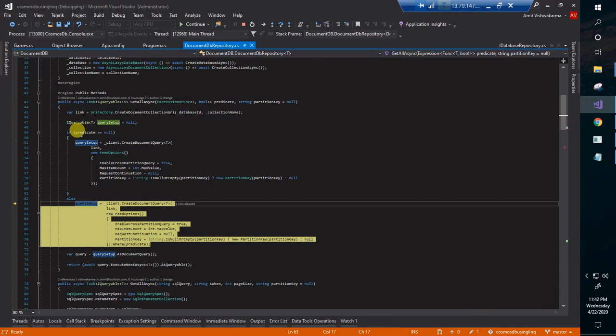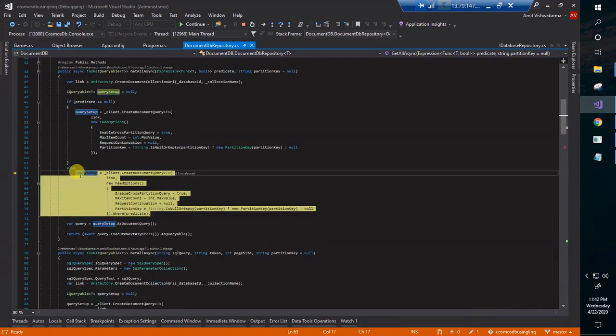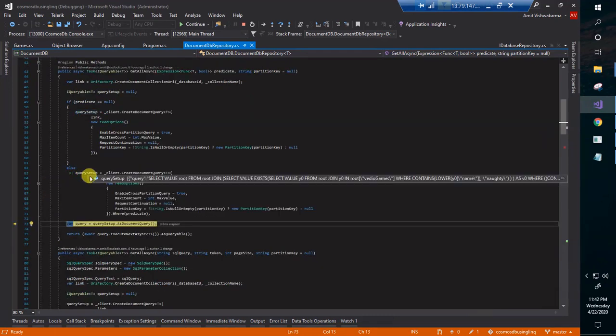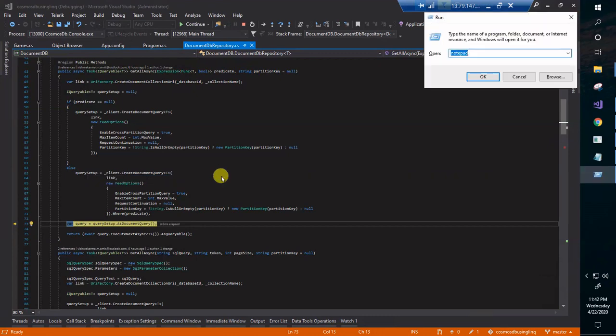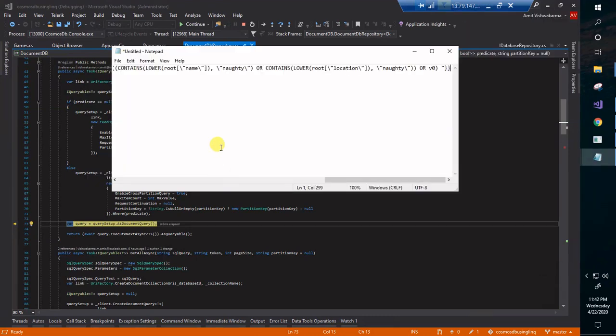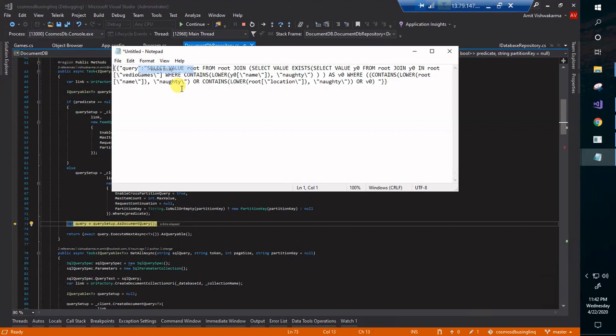So this is how I have constructed a query, and if I hit this, now I have a query, it would go in this particular loop. And if you see, actually, it has created an actual Cosmos SQL query. If you copy and paste it here,